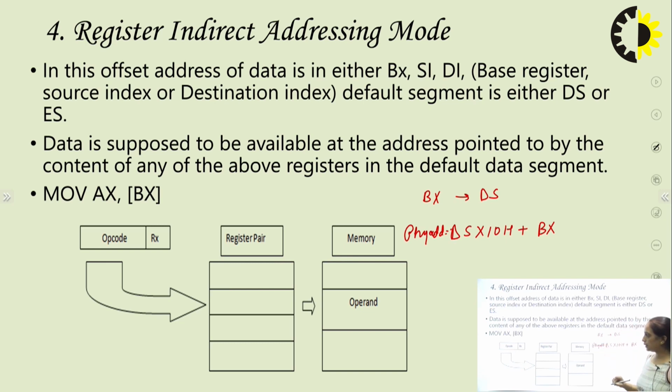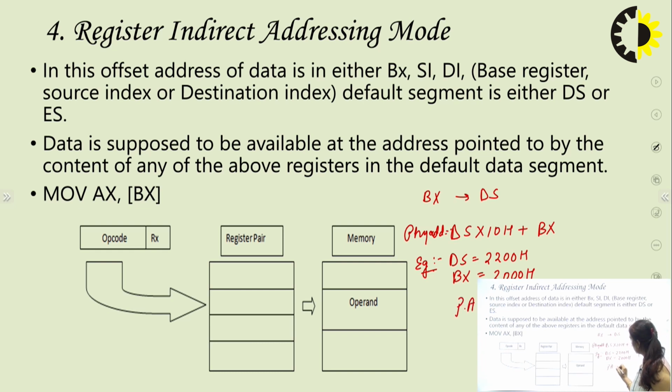Whatever data is present at this address will be copied to your AX. Suppose, just taking random values as an example, the value of DS is 2200H and BX is 2000H. So the physical address will be